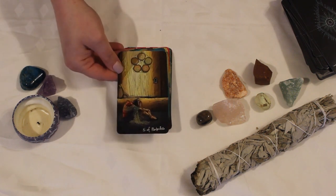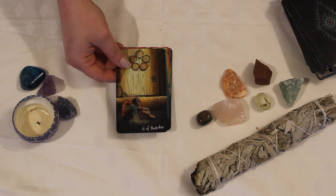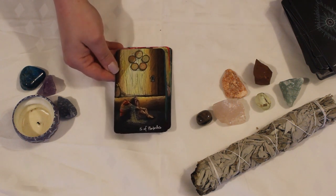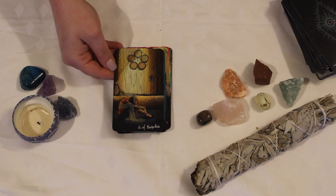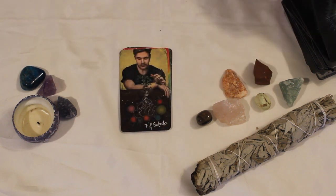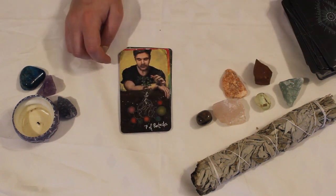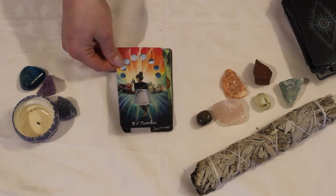Five of Pentacles. Love this one too, and I love her description of it in the guidebook. A lot of people think of it as poverty, which is part of it, but the way that she dives into it and makes you look at it in a different way is really awesome. Six of Pentacles, Seven of Pentacles. I love the roots. Eight of Pentacles,